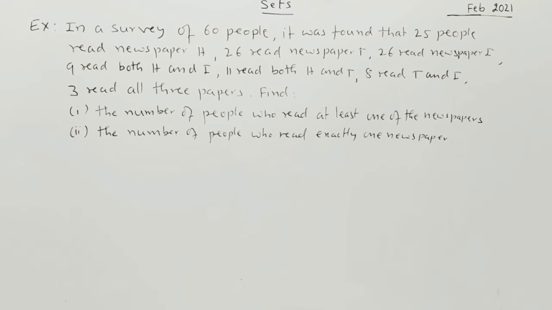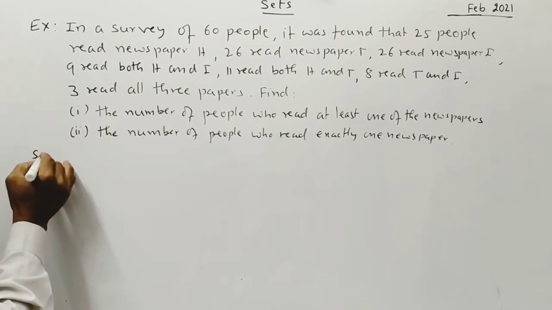Find, number 1, the number of people who read at least one of the newspapers. Second one, the number of people who read exactly one newspaper. Solution: